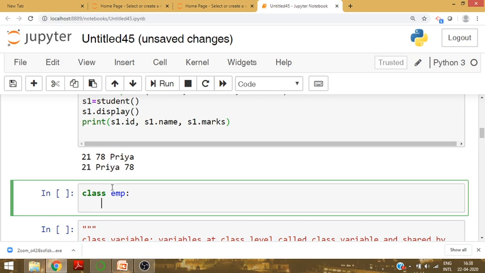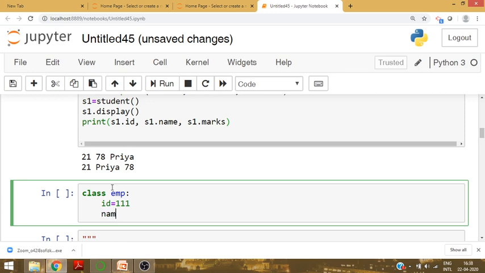An easy example, id is suppose 111 and name equal to Jay.